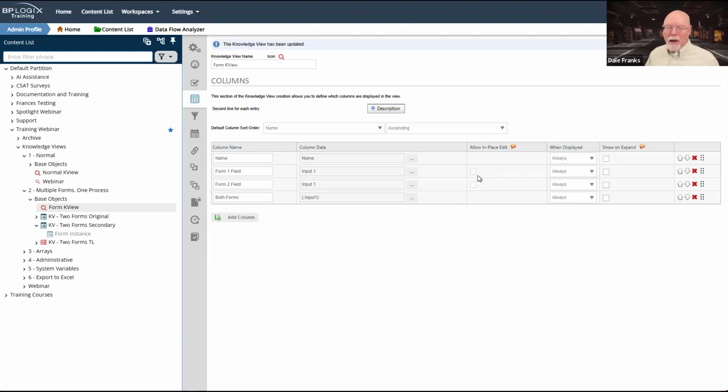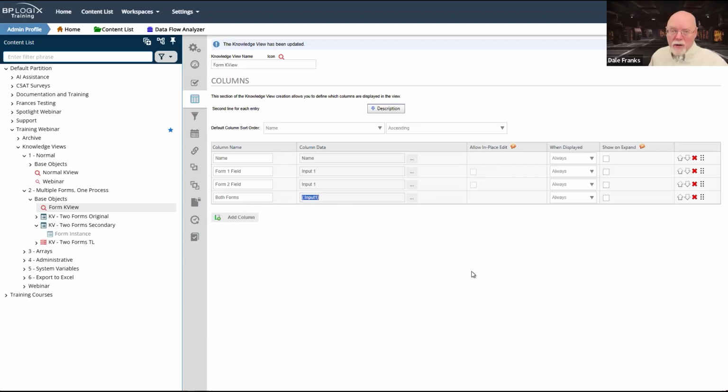In-place edit will only work if I'm returning a single defined form instance rather than the two that I'm returning here. But if it was a normal knowledge view, I still wouldn't be able to have this system variable field allowed for in-place edit because I'm using a system variable here.